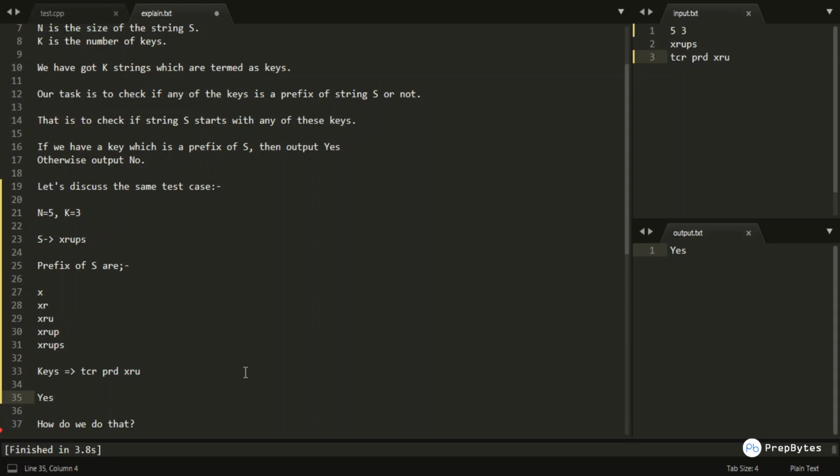Now how do we solve this particular question with coding, what would be the algorithm?